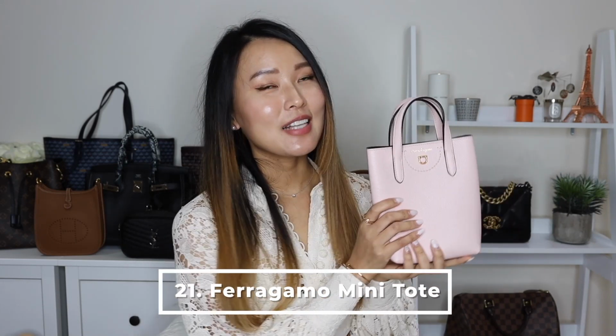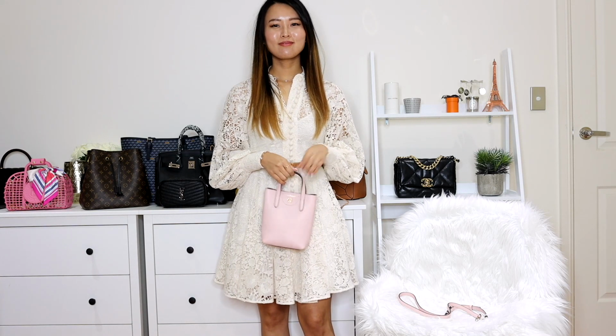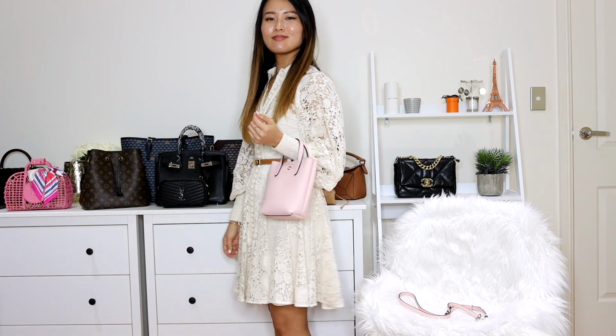And lastly, we have the Ferragamo mini tote bag in the pale pink color. I only got this a couple of months ago and I just fell in love with this beautiful baby pink color. Every time I get a pink color bag in my collection, it doesn't really work out for me. But when I saw this color, I thought I might give it a go again because it is a very pastel-y pink with a lot of white undertone to it. So I thought it might be a little bit easier for me to incorporate this into my outfits, and also